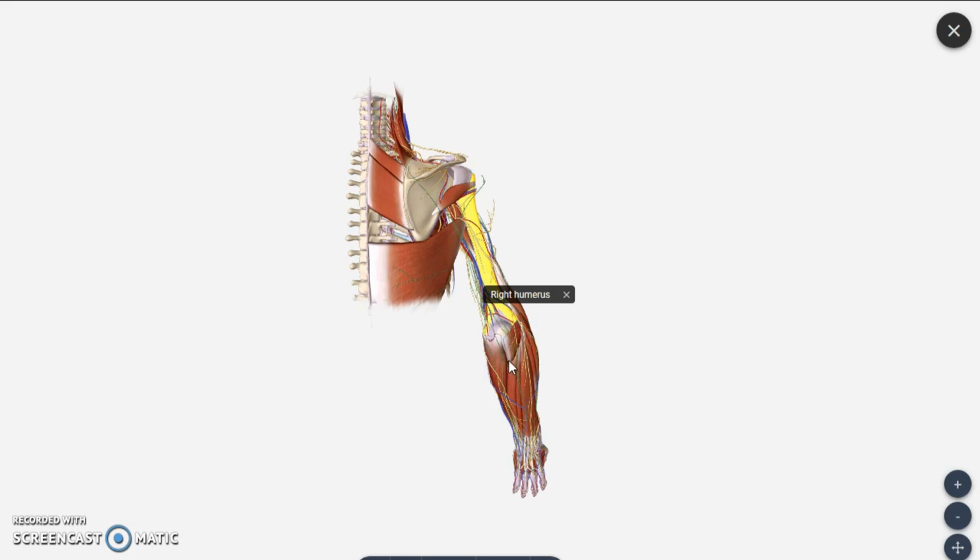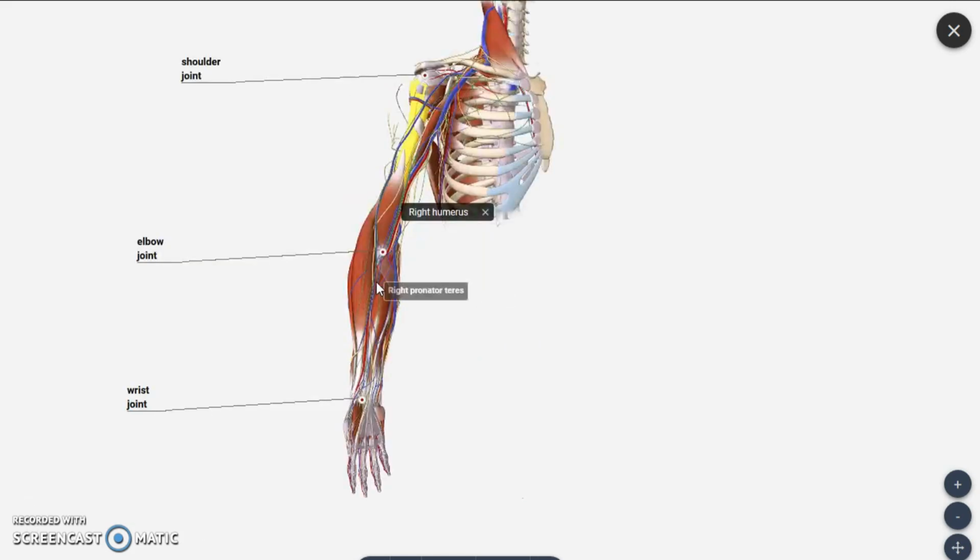Now we are going to see the forearm region. The forearm is the region present between the elbow joint and the wrist joint. The forearm is again divided into anterior and posterior compartments, like the arm region. Always remember, the anterior compartment is used for flexion action. So in the arm and forearm we will call anterior compartment muscles flexor compartment muscles. In the same way, the posterior compartment is mainly used for extension action, so we call them extensor muscles.